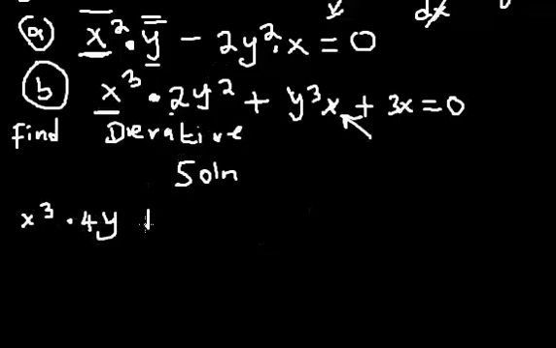Then plus, now remember I kept x cubed constant. Then the next thing, I'm going to keep 2y squared constant. Then I'm going to differentiate x cubed. If I differentiate x cubed, I will have 3x squared. Alright, then of course plus